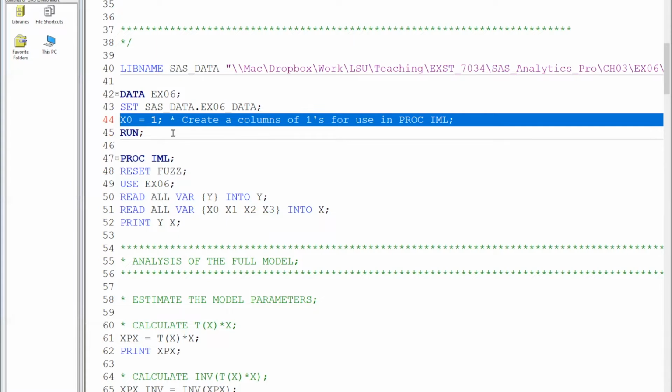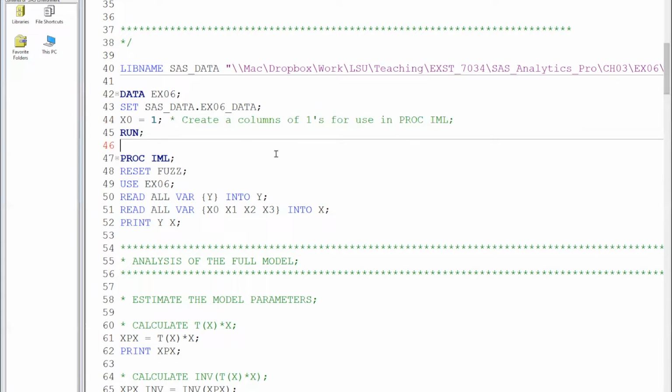All right, and what that's going to do is create a variable in the SAS data set that contains the value 1 for every observation. It's just easier that way to do it here in the data step than it is to do that in PROC IML. Now, you'll recall that in the previous lecture videos, we created the necessary vector and matrices